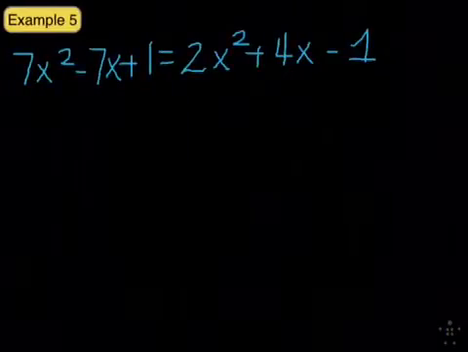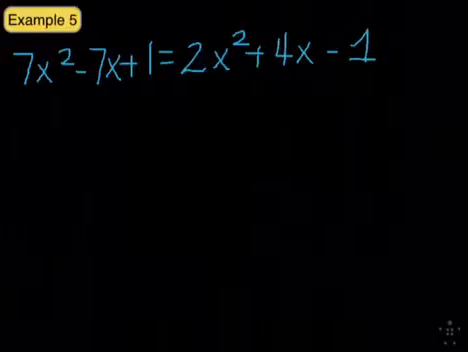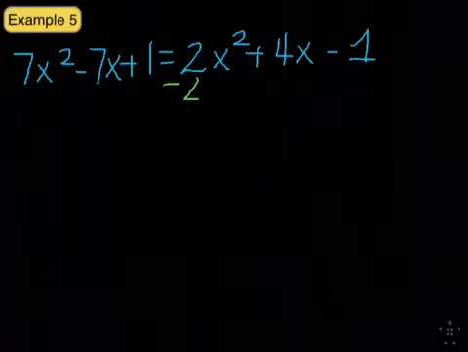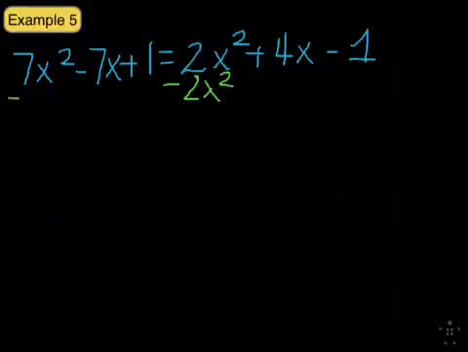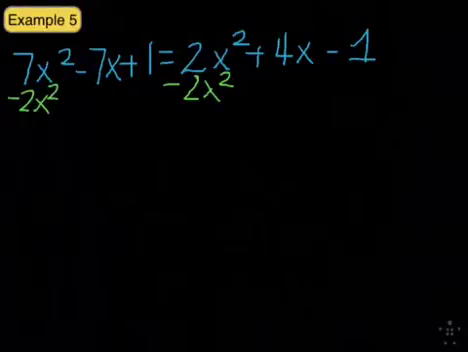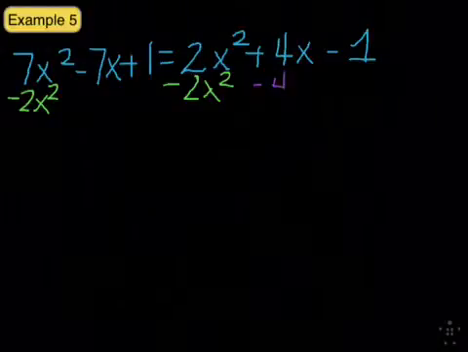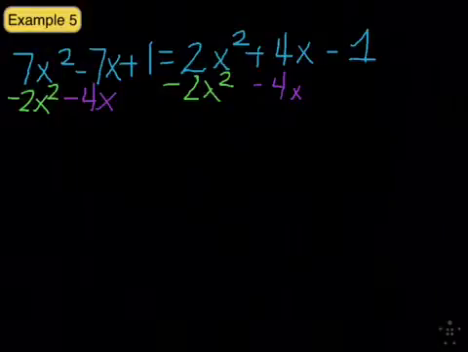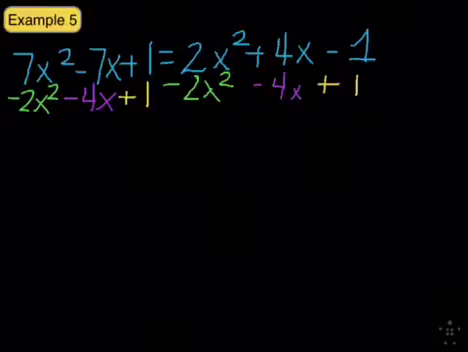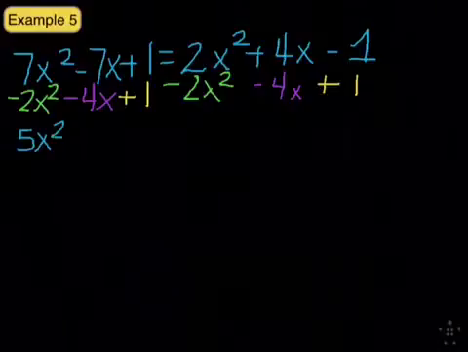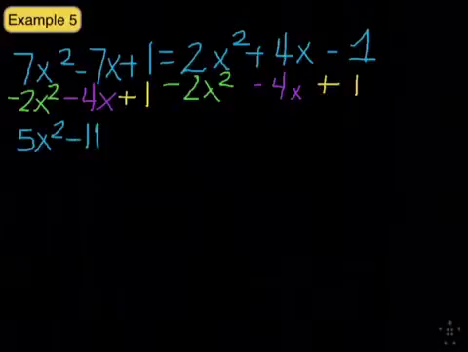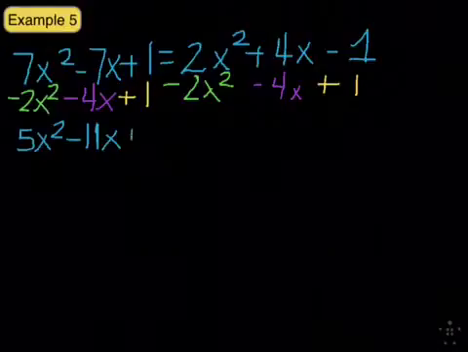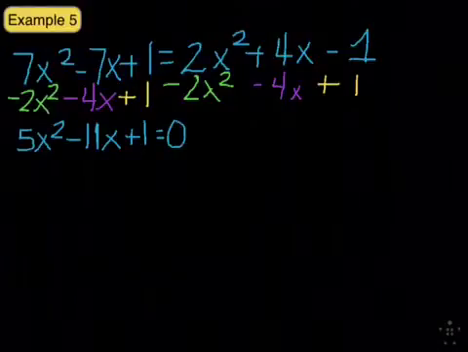Last example. This one we have to move a lot of things over to the other side. So I have to move this 2x squared over here. I have to move the 4x over also. And I also have to move the 1. So I end up with 5x squared minus 10x minus 11x plus 1 equals 0. We got to factor by grouping again, so multiply the first and last number together